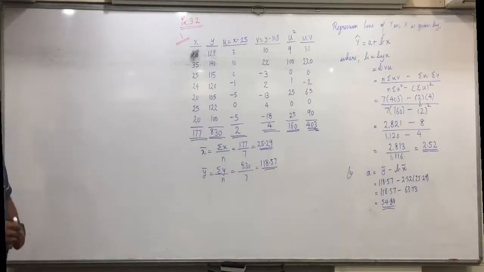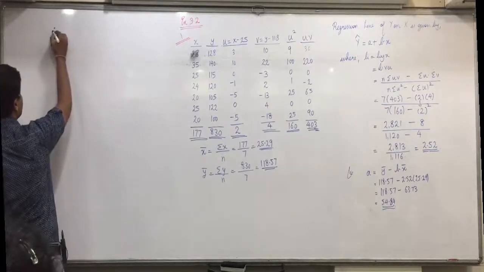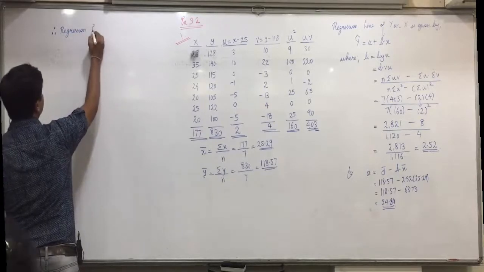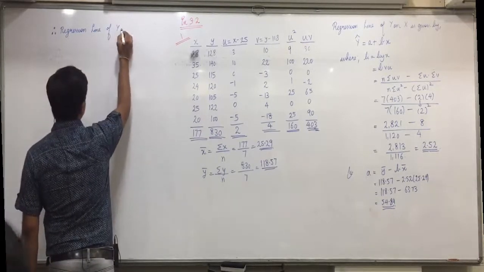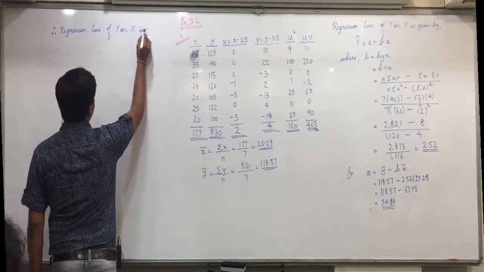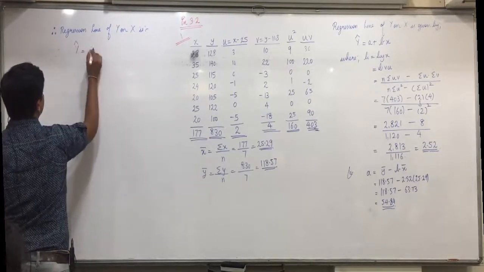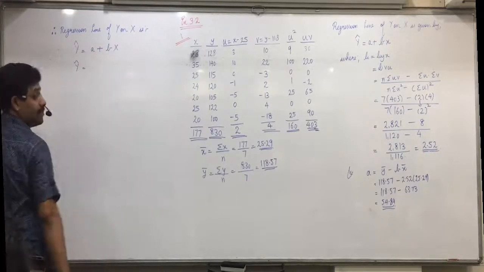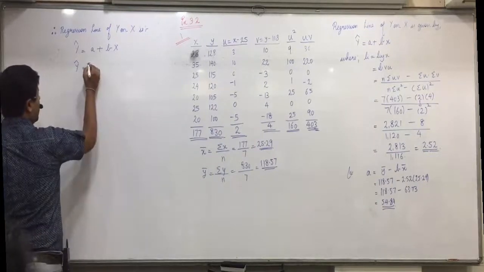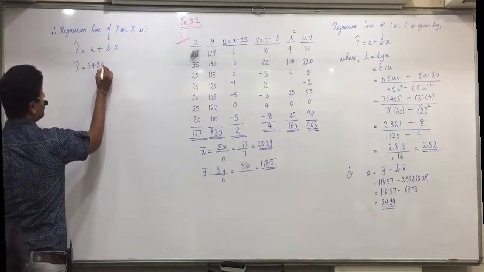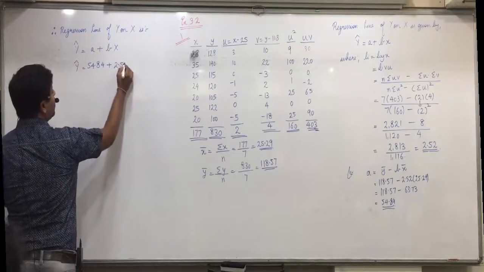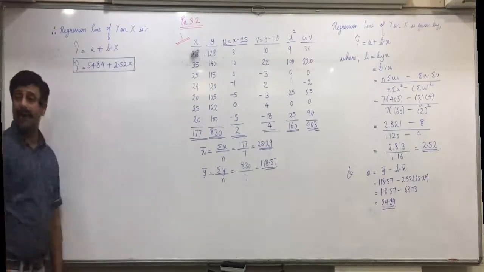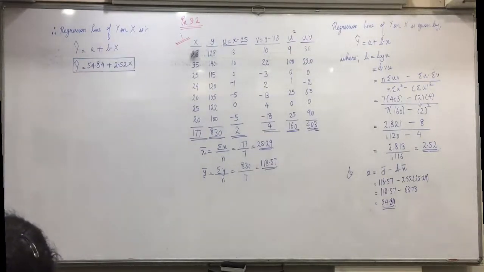Then, Roshul. Therefore, regression line of y on x is y cap equals a plus bx. Y cap equals 54.84 plus 2.52x. This is one answer we have. Okay. Is everyone of you clear with this? Then,